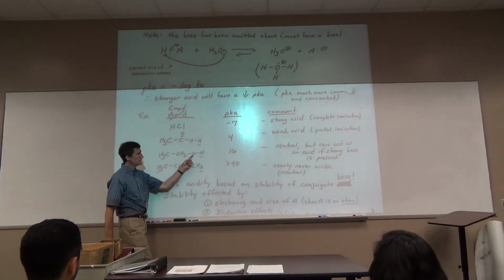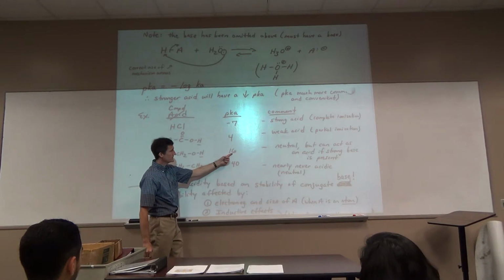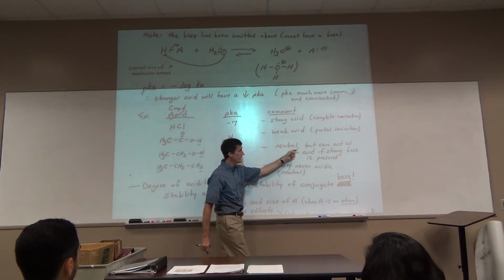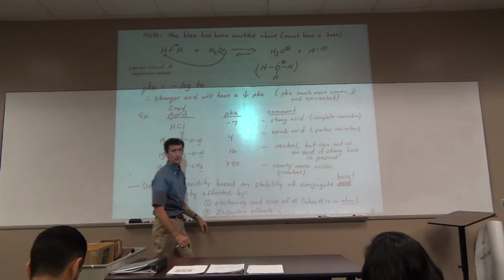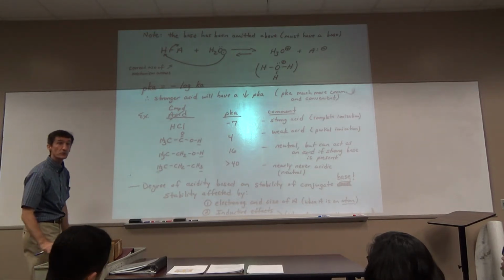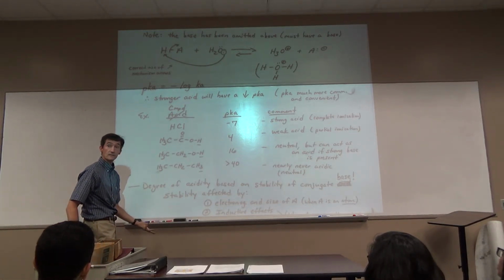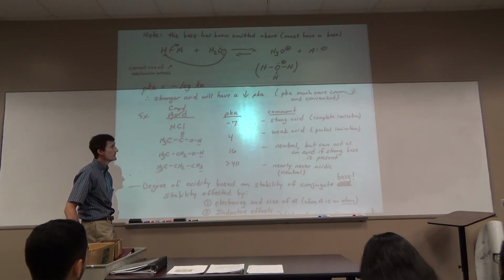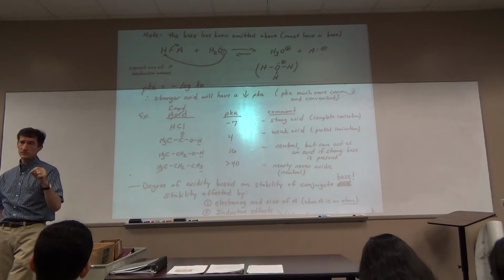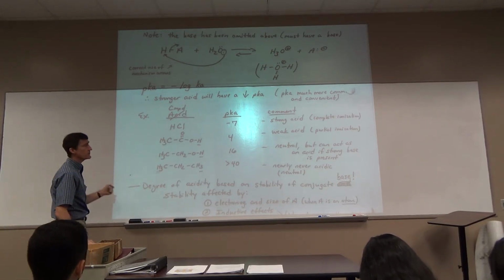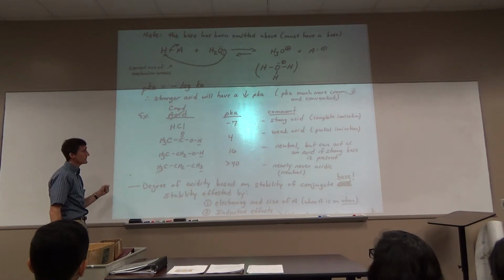Alcohols. Not as acidic as carboxylic acids. pKa of about 16. We saw the difference in the extraction example. Much less acidic. They're considered neutral, but they can act as acids. Anything with an H theoretically can act as an acid. Water can act as an acid. Do you call water acidic? No. That doesn't mean it can't act as an acid. Typically, you don't call something an acid until the pKa gets below blood pH, which is about 7, right? Then you start calling it an acid. That's just historical.